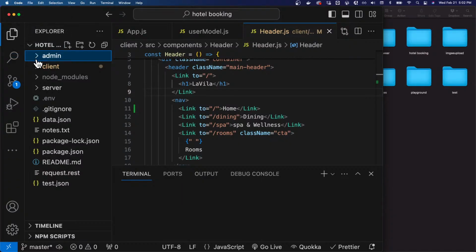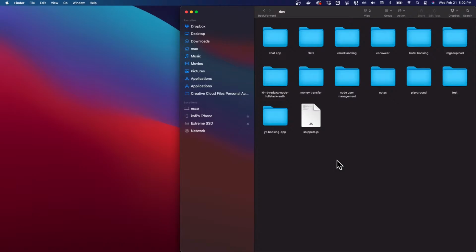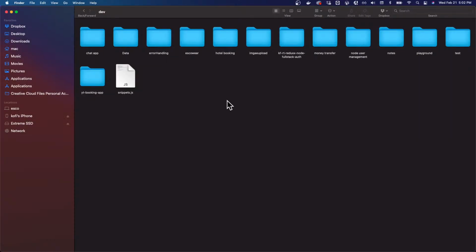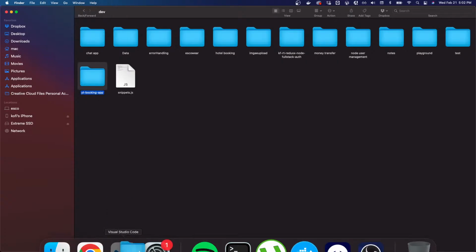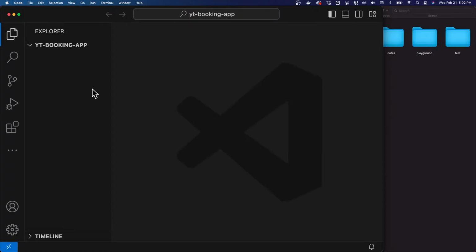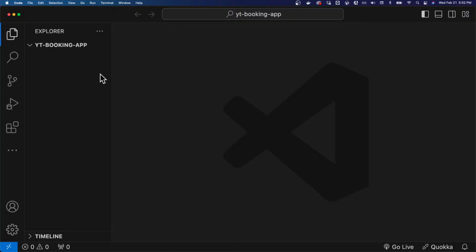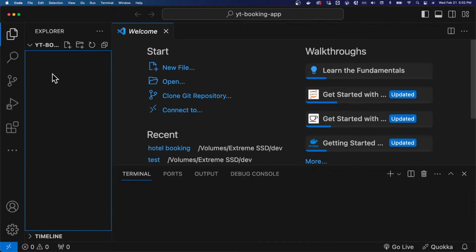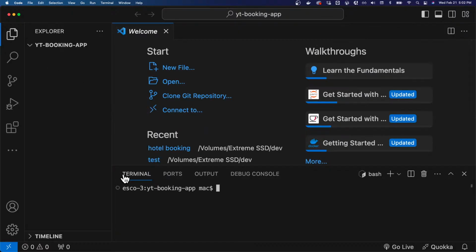Alright, so I've already created a folder with the name YT Booking App. So let's open that in Visual Studio Code. Alright, so yeah, first of all, it's an empty folder, so let's start off by running npm init -y,